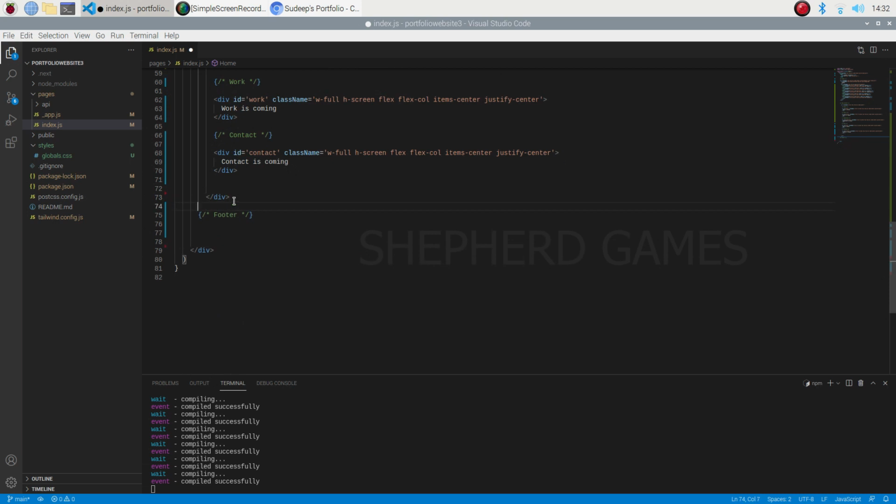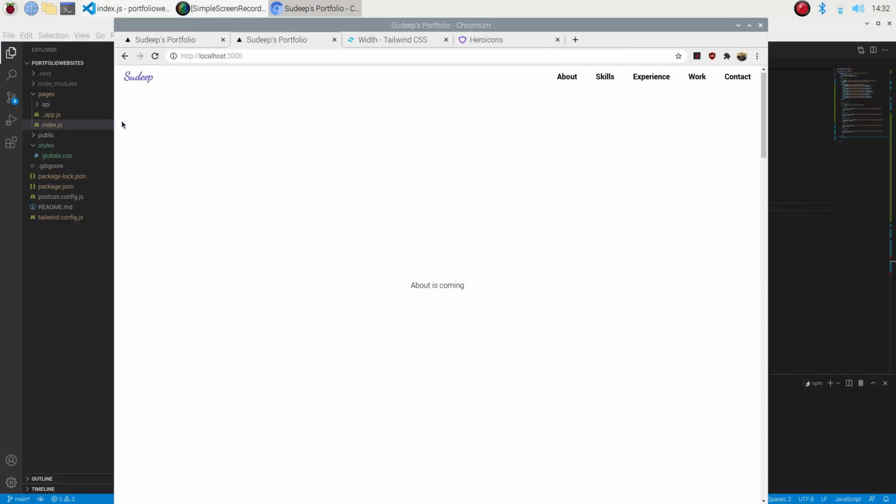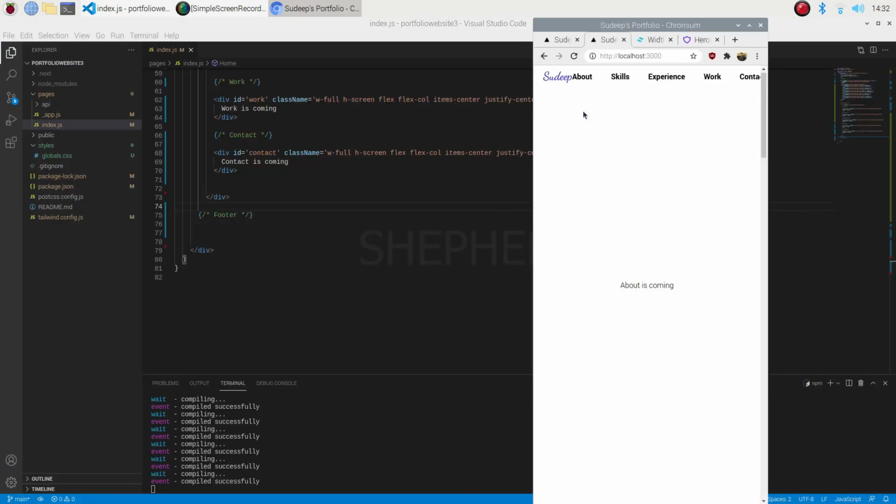Right. Now what we can do, I'll close this font. I will close React scroll as well. It is done. So if I make it small, you see that the header is overlapping and it's not looking good. So instead of that, I want the header to be hidden, and I want to create a bottom header with the same functionalities, but